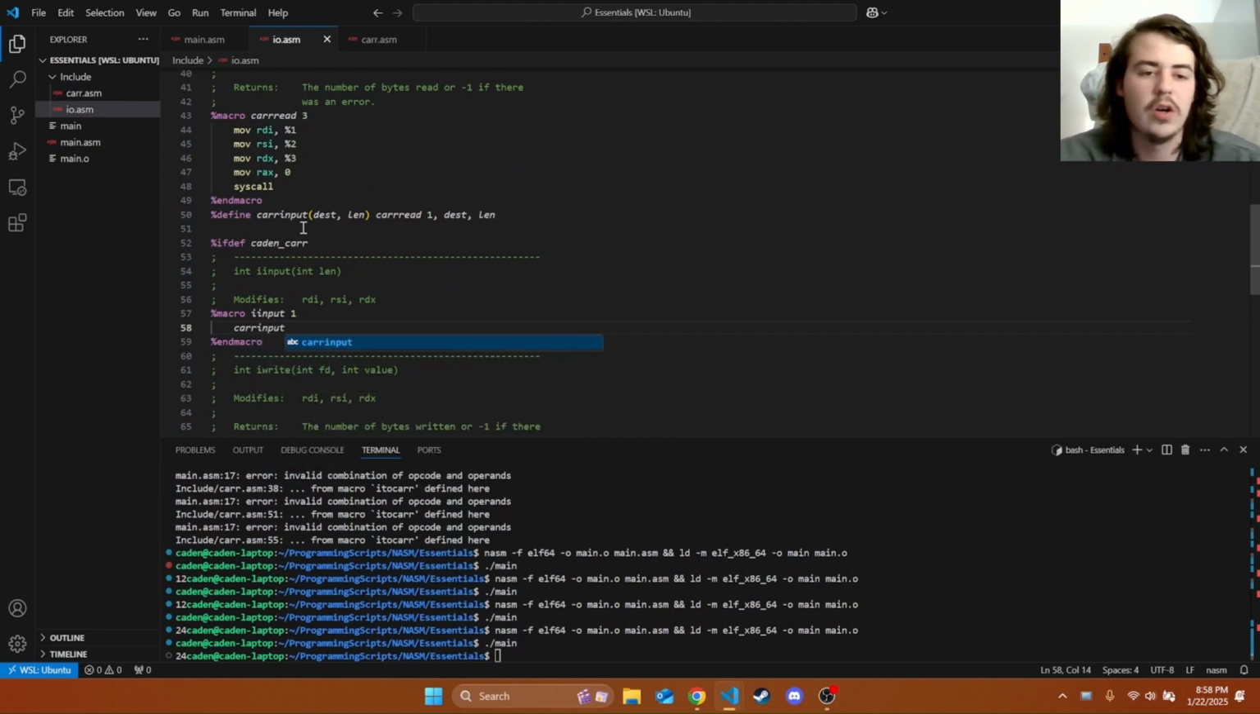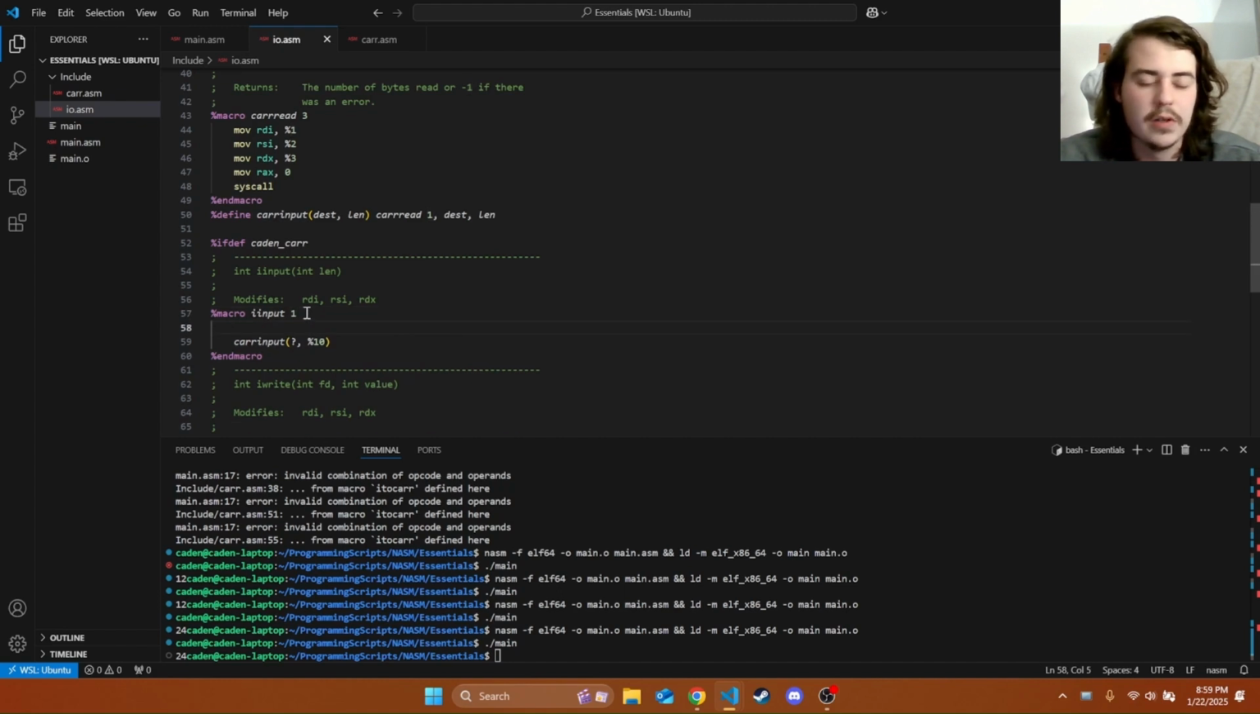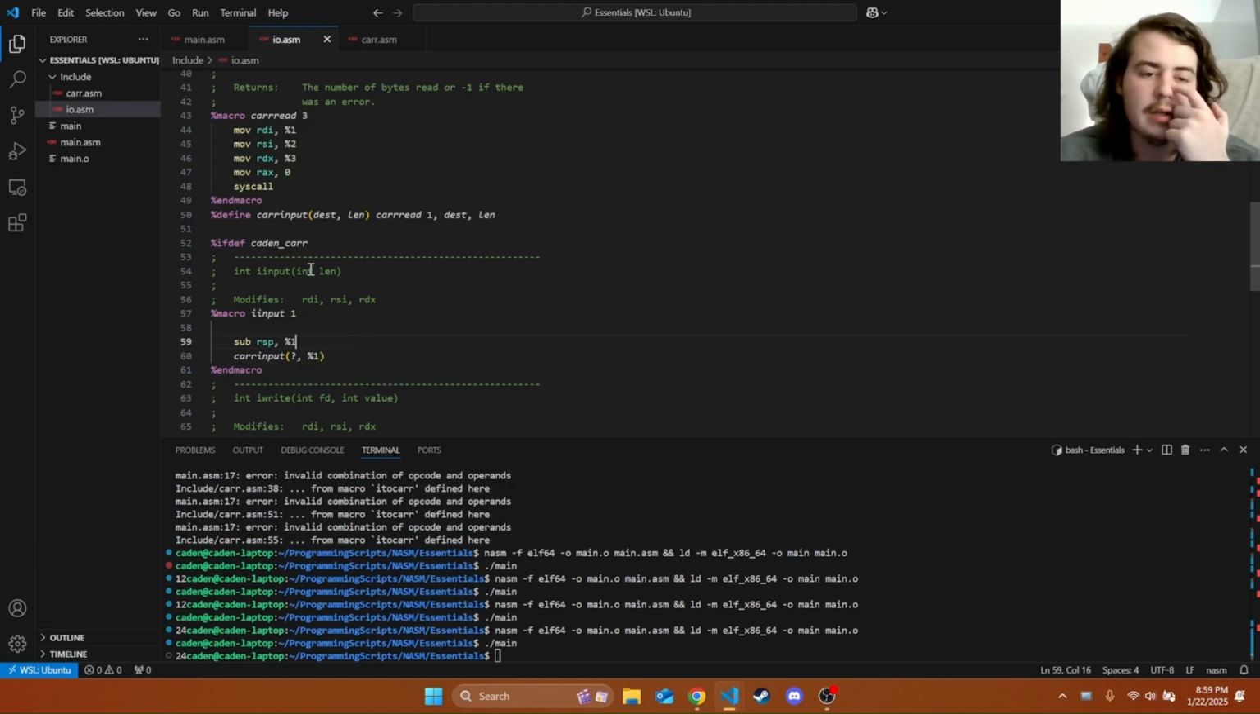So we're going to use this macro right here. We're going to do car input. And right now we don't have a destination to put that. So we'll just not worry about that for now. And we will just use that first parameter. Where are we going to store this car? Well, what we can do is we can just subtract from the stack pointer. Oh, I don't know why I put 10 here. We'll just subtract from the stack pointer the length,